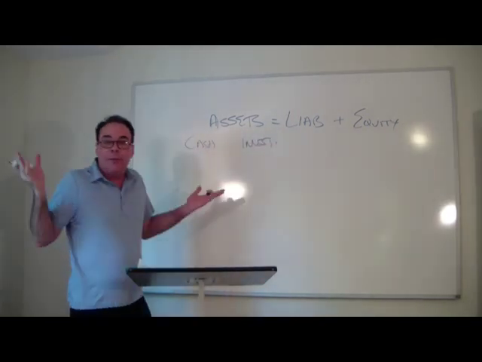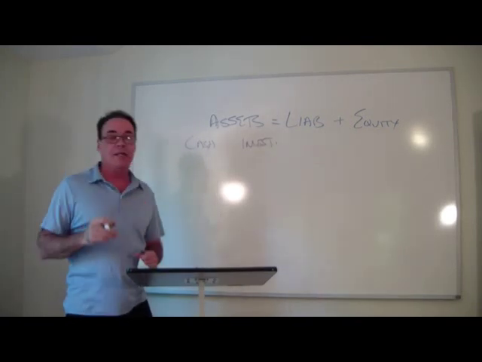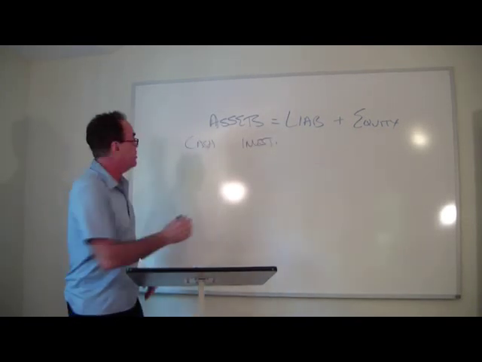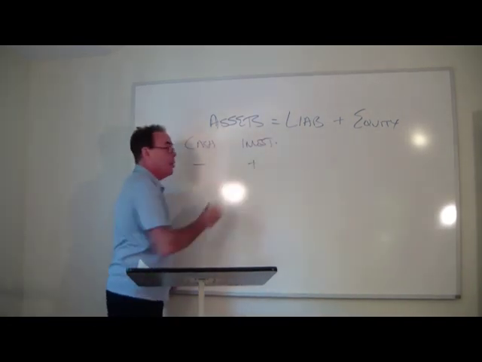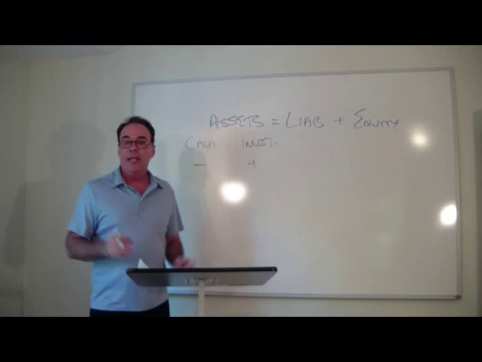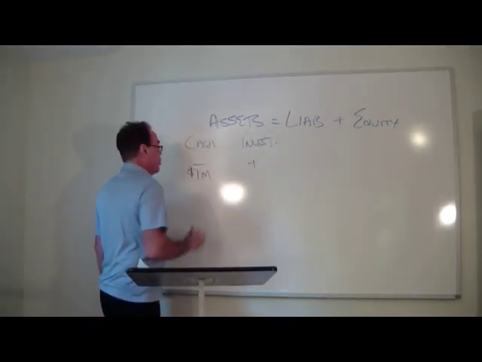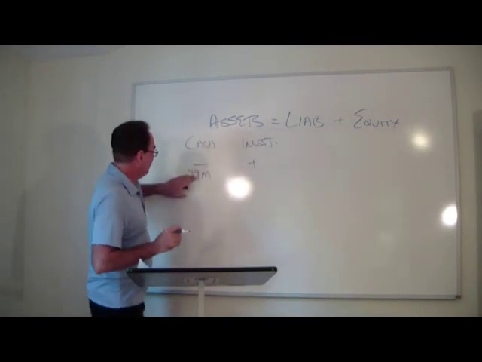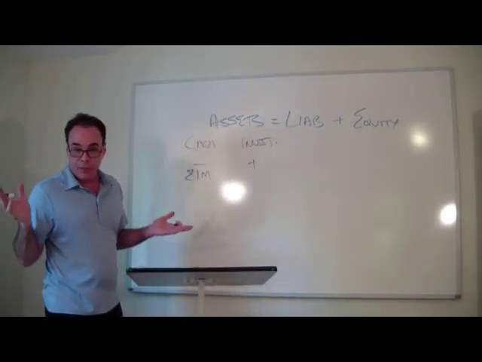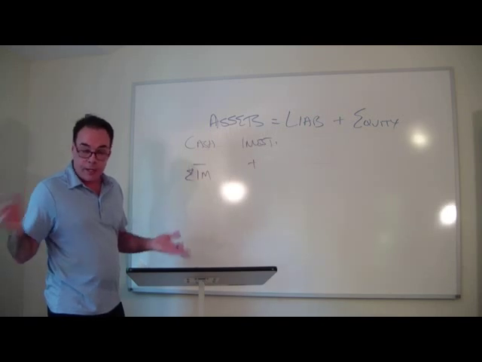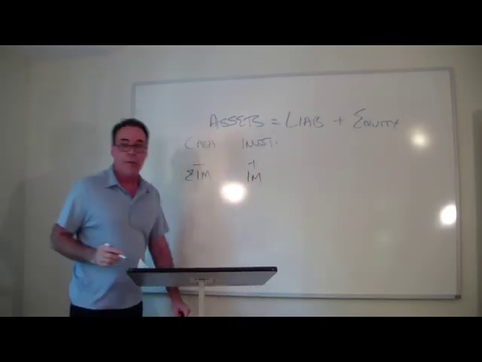And so what happens when we buy something for cash? Well, we give up one asset and we get another asset. What did we give up? We gave up cash. So cash is going to decrease and the investment is going to increase by whatever amount that we pay. So if we spend a million euros, that would be the wrong symbol, wouldn't it? We'll use that. If we spend €1 million on an investment, cash goes down, investments go up.